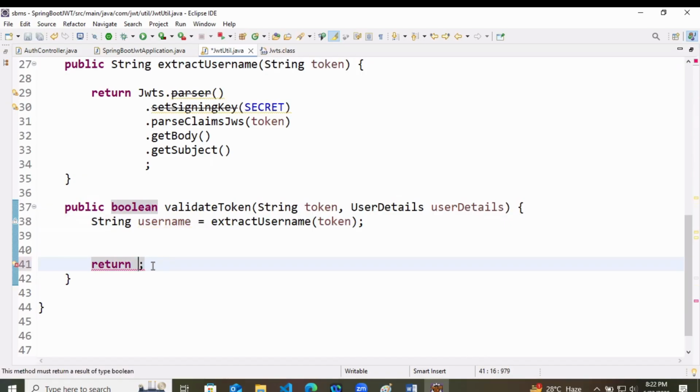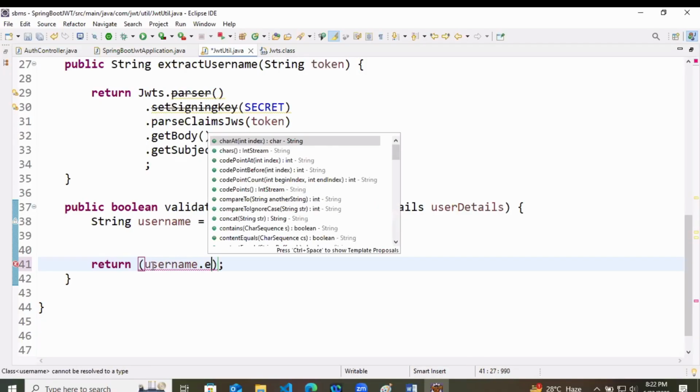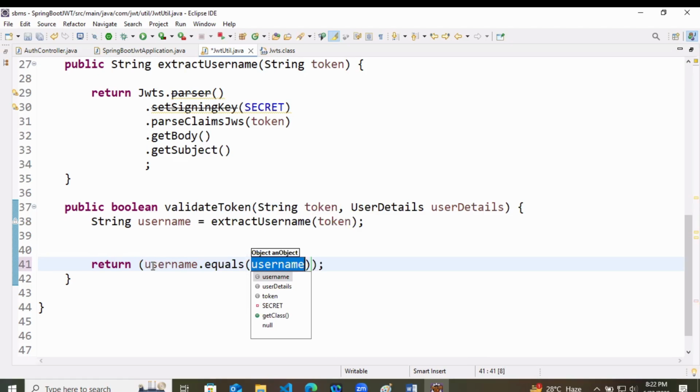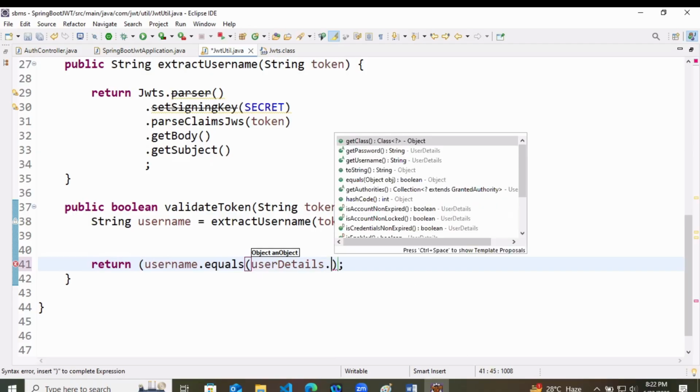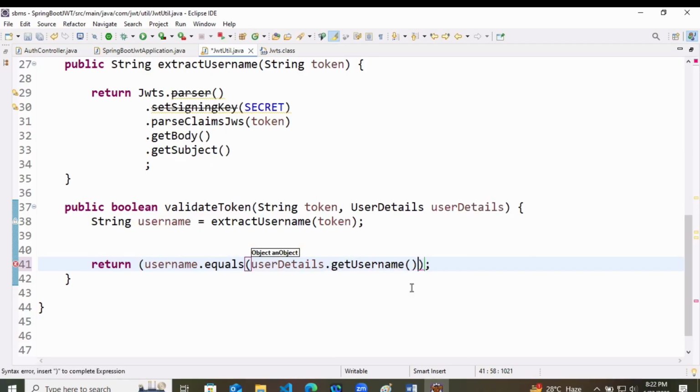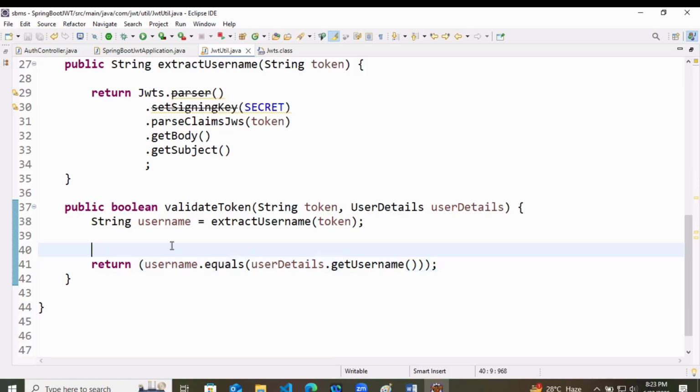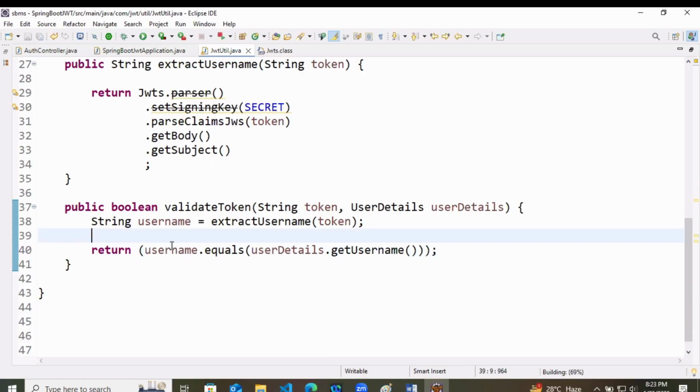So here I will check first: username dot equals, if the username is equal to the user details stored in the database, user details dot get username. If they are equal, it means it is valid, otherwise it is not valid. So 1 2 3, right? So here we have created a boolean method which will finally give true or false.